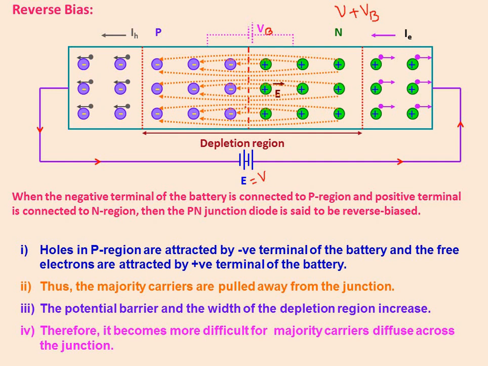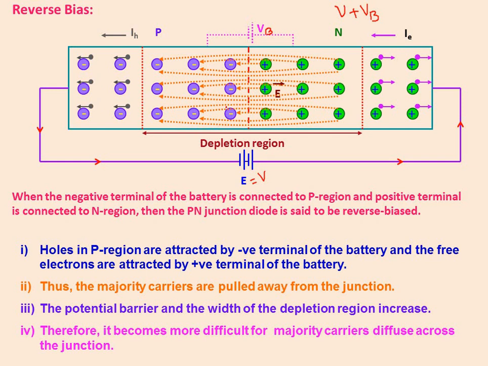A small amount of current will flow in this particular depletion region, and of course that will be in the order of microamperes, and even in the case of silicon it will be in the order of nanoamperes. And as the current is a very low amount, the resistance offered by the diode in the reverse bias condition will be very high, and in the reverse bias, flow of current through the diode is mainly because of drift current. Are you getting the point here? Are we clear with this?